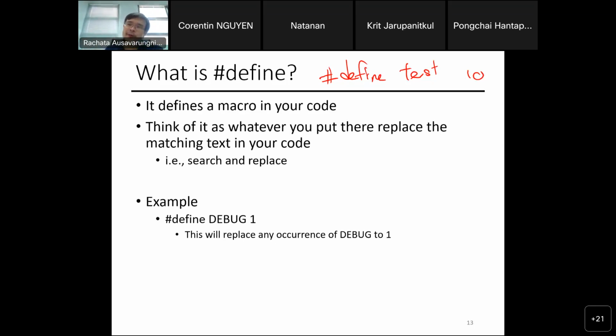So I do pound define DEBUG 1. Then in the future I write if DEBUG, and have a printf that prints something to help me debug my code. If I say pound define DEBUG 1, this thing gets printed. But if I want to disable debugging, I just say pound define DEBUG 0. This if will never happen.